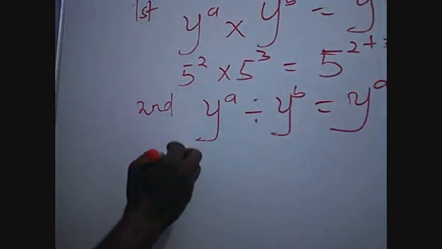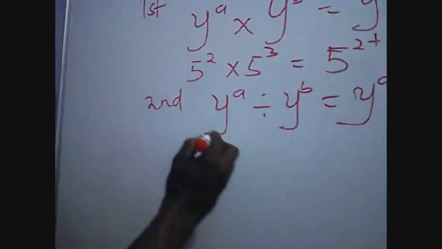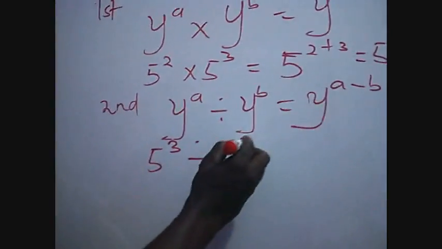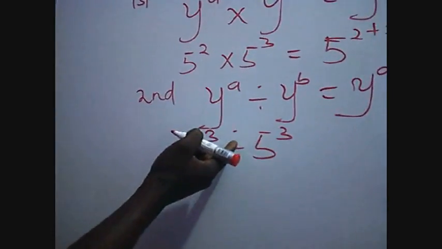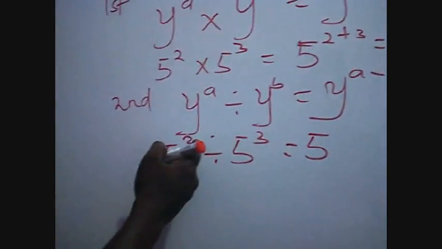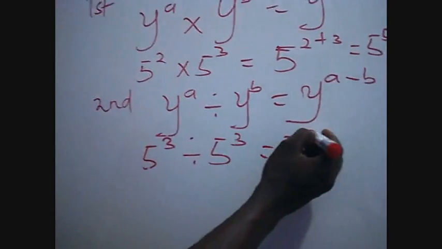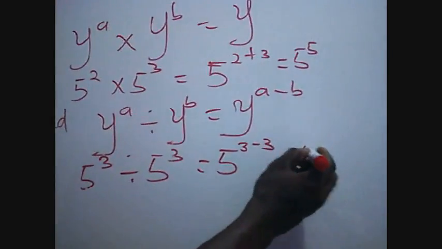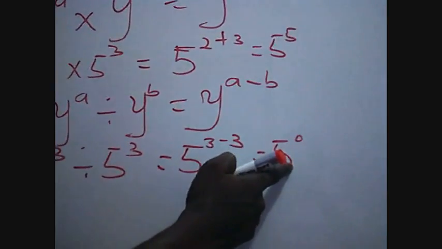So for example, if you have 5 raised to the power of 3 divided by 5 raised to the power of 3, we can see that the bases are the same and we have division in between them. So what we do is pick one of the two bases, which is 5, and subtract the indices from one another. So we have 3 minus 3, and this is going to give us 5 raised to the power of 0. So this is another type of indices. 5 raised to the power of 0 is another type of indices, which leads us to the third law